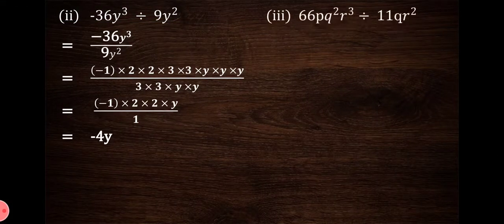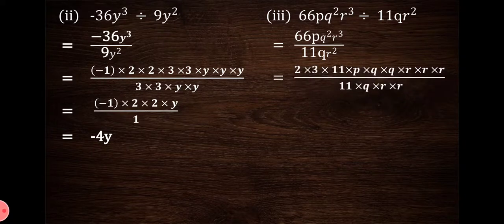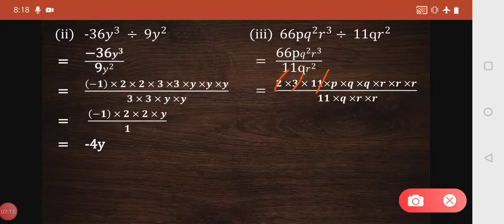Next, question number 3. 66pq square r cube divided by 11qr square, that is equal to 66pq square r cube upon 11qr square. Now making the factors, 66 is 6 into 11, and further factors of 6 are 2 and 3. So we write the factors of 66 as 2 into 3 into 11, then multiply by